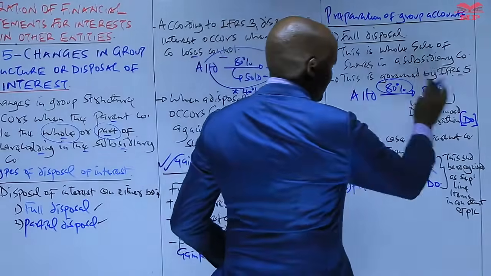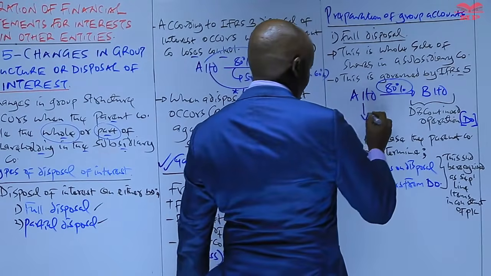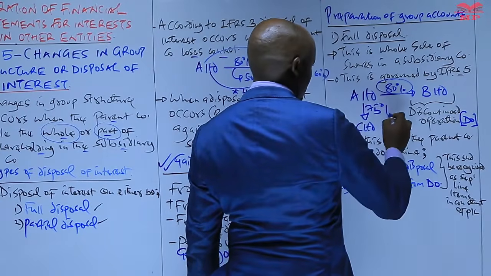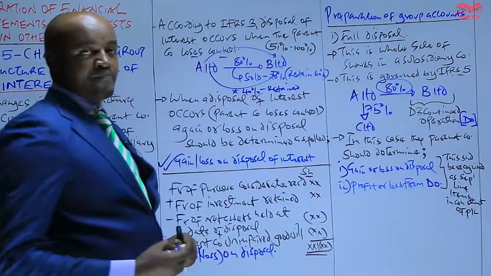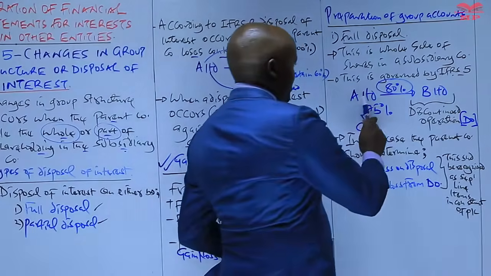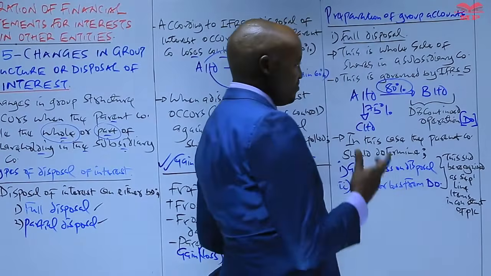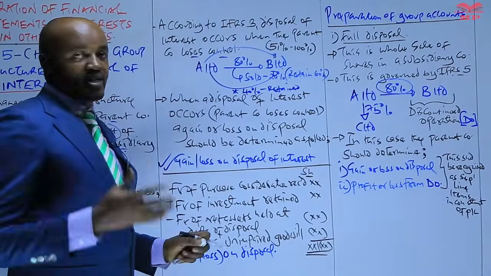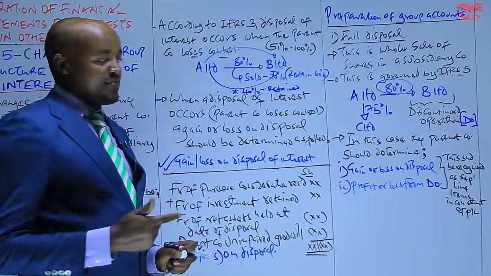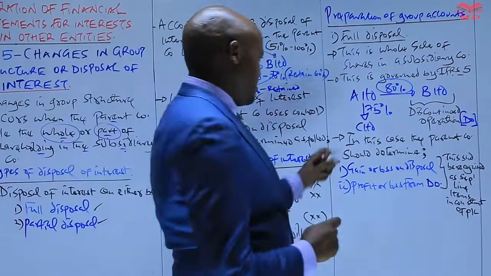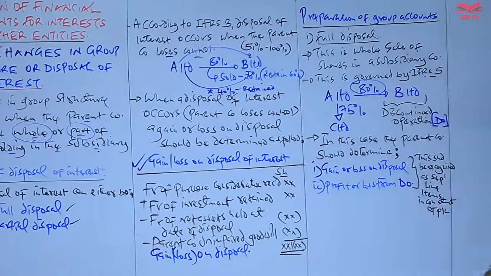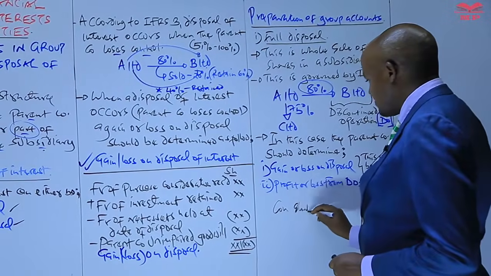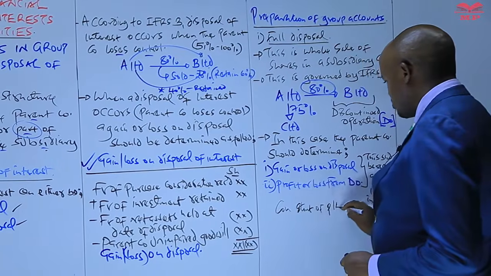Maybe from our group structure here, we introduce another company, that is C Limited. We also assume that the parent company had a shareholding of 75%. And also we are told that the parent company, that is A, had 80% shareholding in B Limited, but during the current financial year, the parent company sold all the shares held in B. So we have said B is a discontinued operation. So therefore, when A Limited is preparing the consolidated income statement, or the consolidated statement of profit or loss,